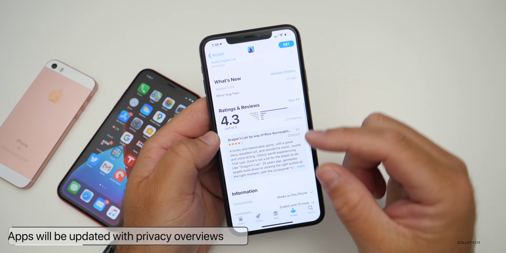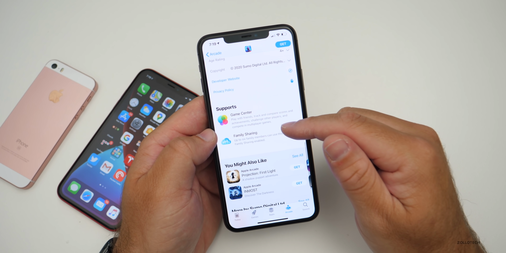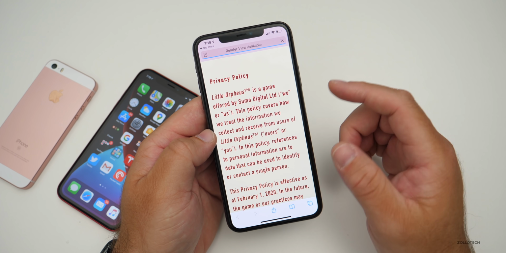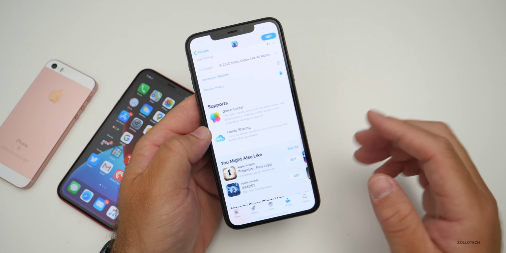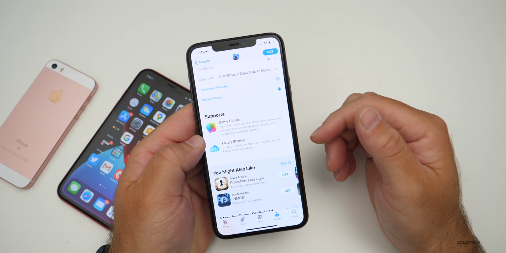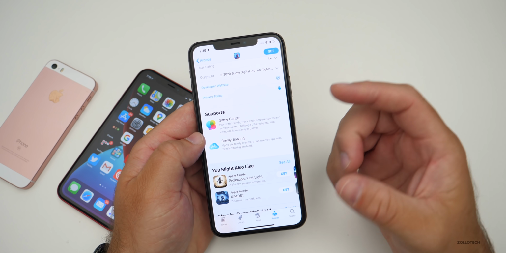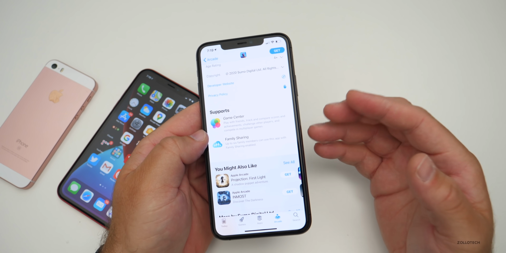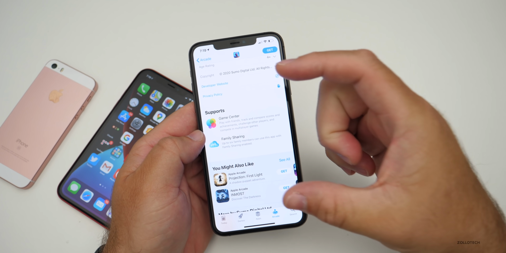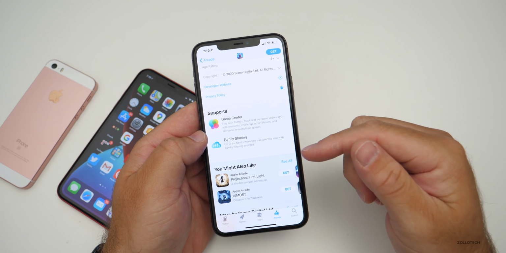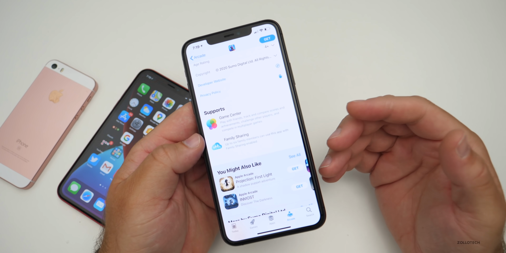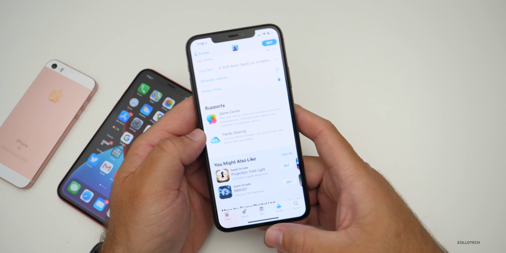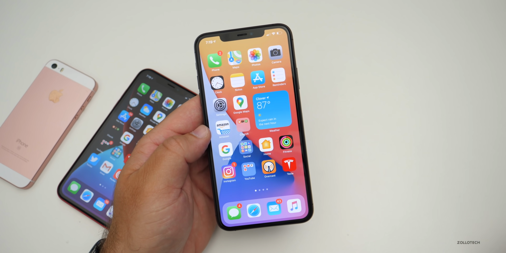In the future, there will be a little tag that tells you their privacy practices. So each privacy policy has a privacy tag, and it will bring you here. But what they're going to do is update this so that it actually gives you privacy information similar to what you get as a nutrition label on, say, a box of cereal. You can see the actual tag to tell you everything they're tracking and using. And so that's a nice little update. Each developer is required to report that information for the future. So we should see that once iOS 14 is out.